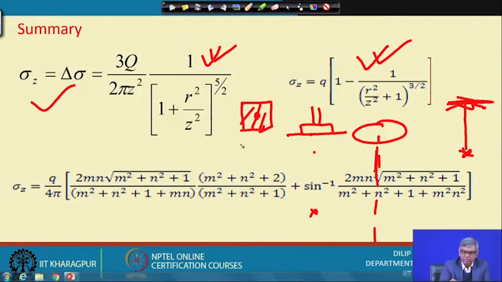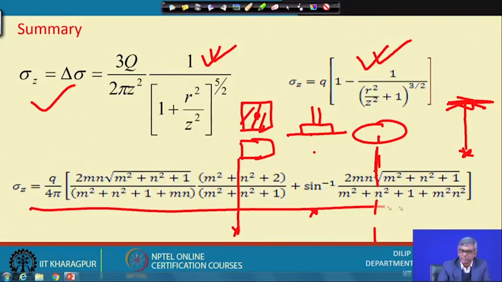Similarly, if the rectangular area is loaded, then at different depth along the corner, how to find out? This corner formula is given. This corner formula again has m and n. So, m equal to a by z and n equal to b by z. So, these are the two things in this expression. This expression looks lengthy and you need to do lot of calculation to find out the pressure,